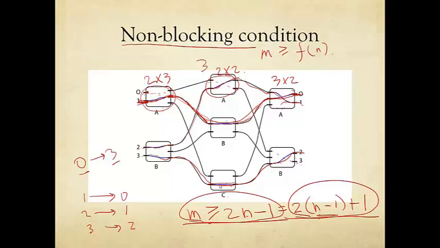You have to use another one. What if you don't have another one? Then you may be stuck. You may be blocked. But if you do have another middle switch, then you will always have degree of freedom